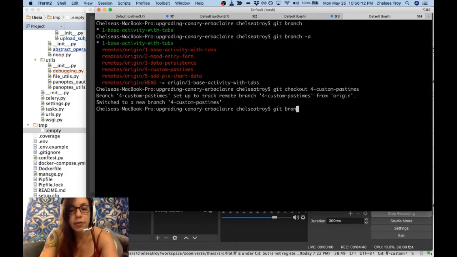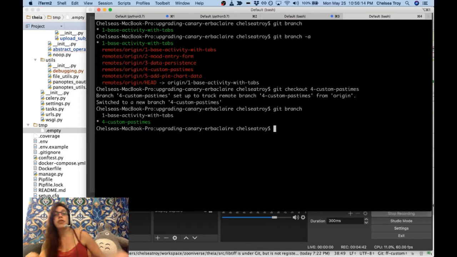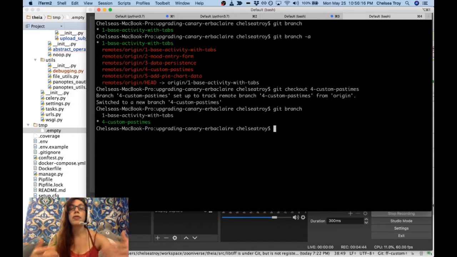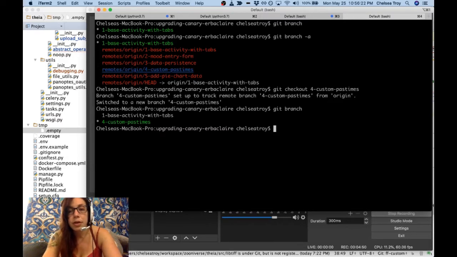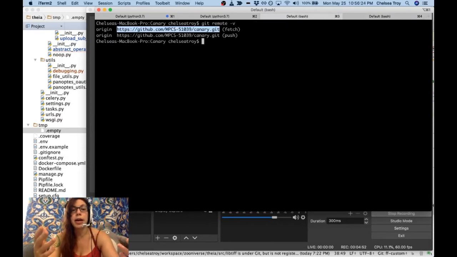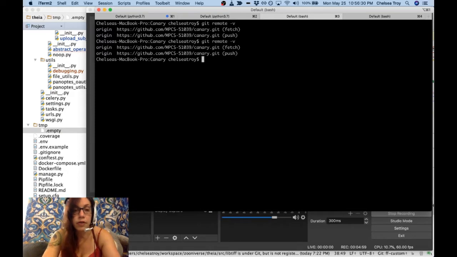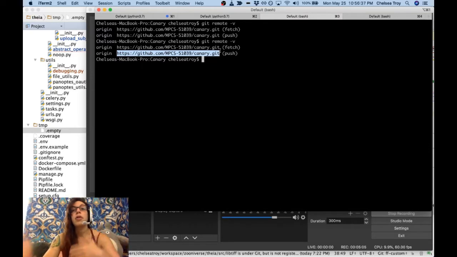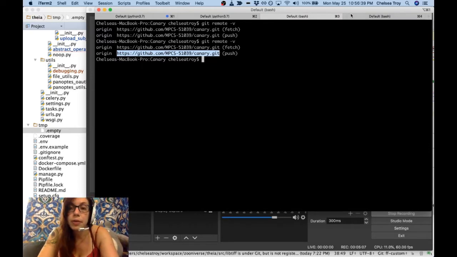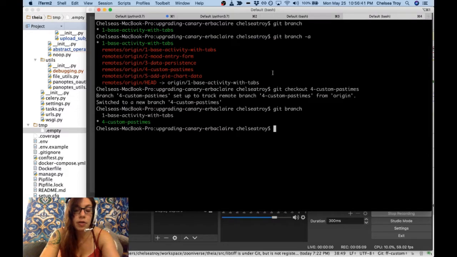And so now if I do git branch, I should see that I have 2, the original branch and 4 custom pastimes. Now it's time for me to add a remote to another version of this repo. In this other tab, I have the version of the repo that I worked on the charts for. And when I do git remote -v on my version of the repo, I have this remote called origin, which I'm now going to make a remote of the homework repo as well. So inside of this homework repo,